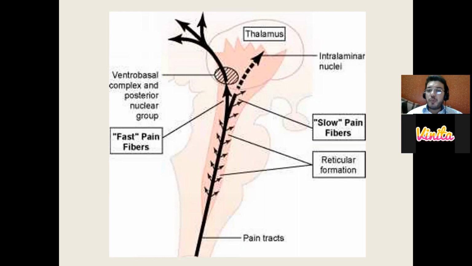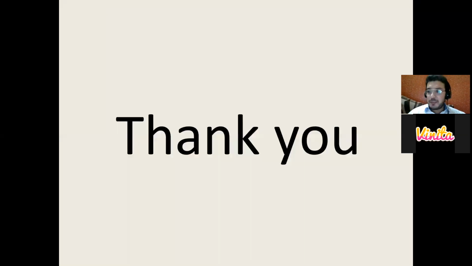See, this is something very important, and you need to understand. You have to draw a diagram, you have to visualize it, and you can draw it in the form of a flow chart where you will very clearly understand the difference between both pain fibers. And this is the exact definition of both, fast pain and slow pain. Okay. So with this we conclude the pain pathways, as today's topic is basically on pain pathways.